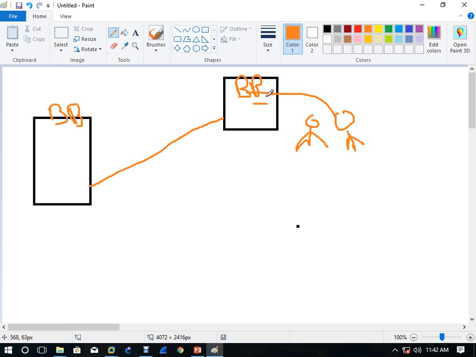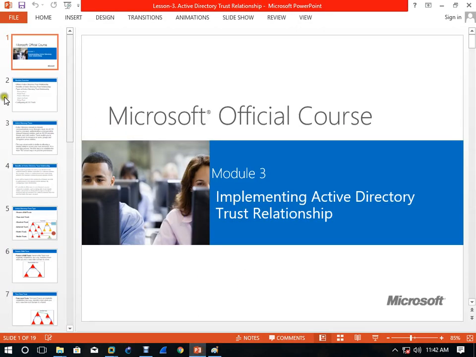But how is it working? So you are the customer of any other company and you are able to use the resources and the services of other banks, right? But how does it work? It works only on the behalf of trust. Okay, so they configure trust relationship between them. When the trust relationship is there, then you can use your other company's resources.